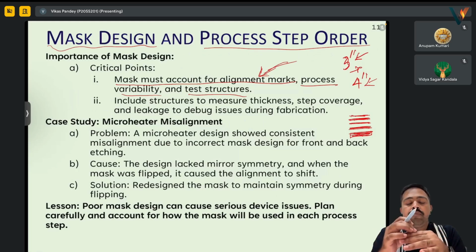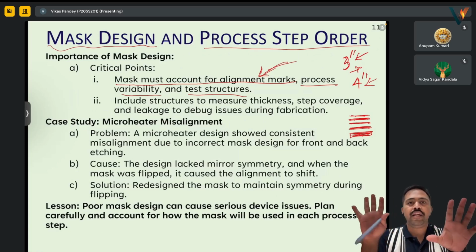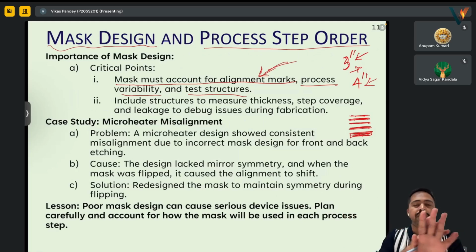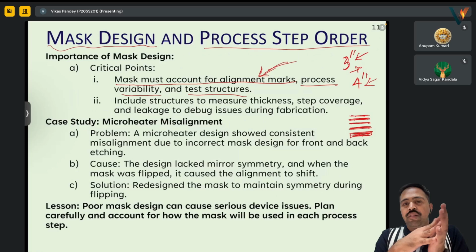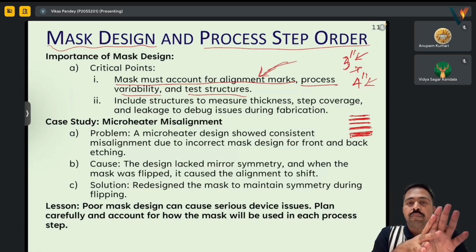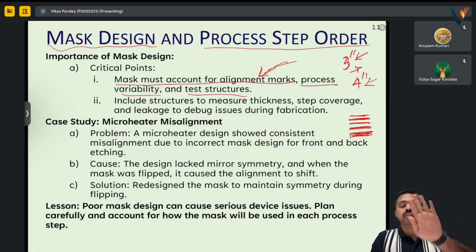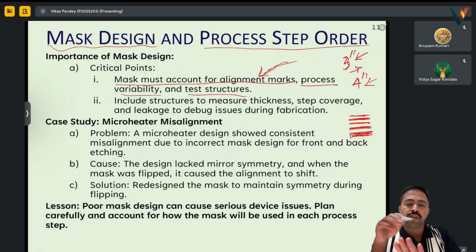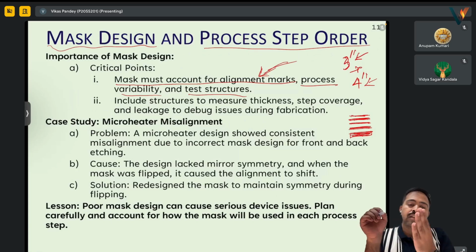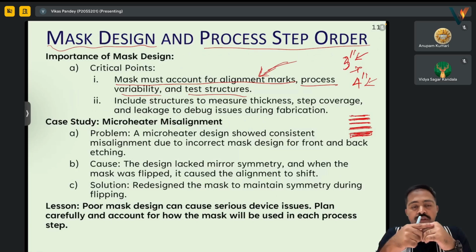Many a times when we are designing, we just make a design and then another design, and we overlap them with each other, and it looks fine since it is overlapping. But in this case, it might have happened that the person didn't account for the fact that the wafer on which this micro heater has been designed is actually going to be flipped, since it is now on the back side. And if it is not flipped,